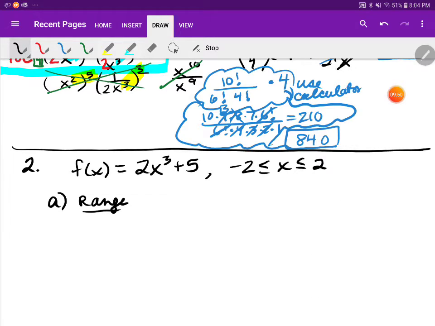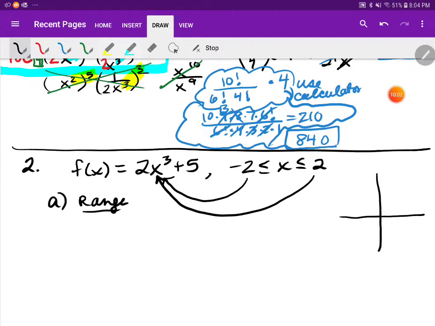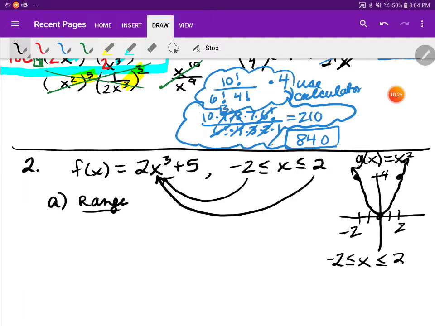it's not automatic that if you substitute this in and you substitute this in, that that's going to be your new range. This problem accidentally works that way, but let me just show you a sample. Say you had this problem, -2 to 2, and say you were just looking at a simple parabola, just a regular y equals x squared problem. Now imagine the domain was 2 to -2, and the equation was, let's say, g of x equals x squared. If you just plugged in the numbers here and said the range is this number substituted,